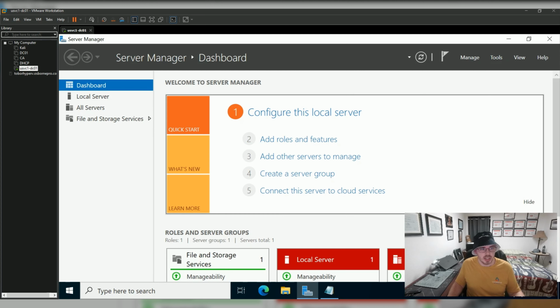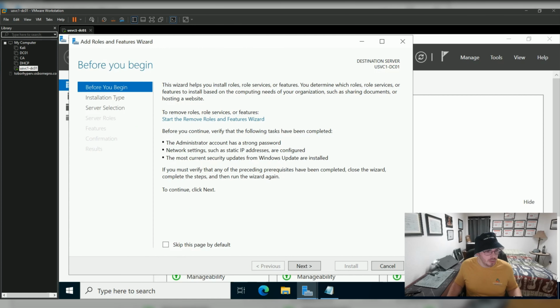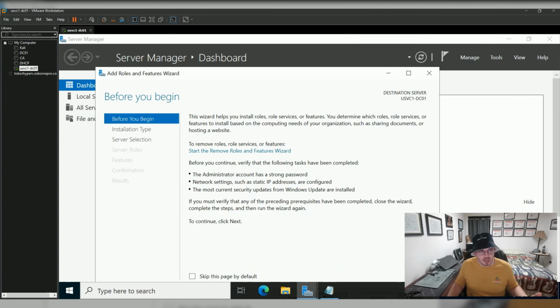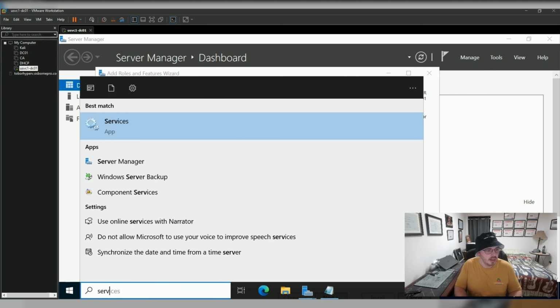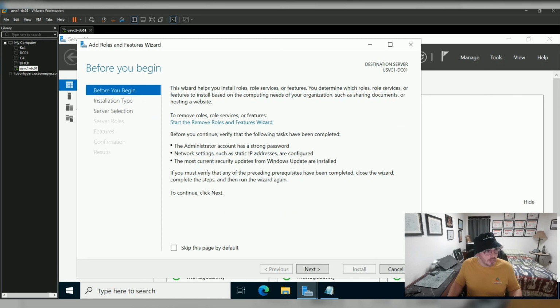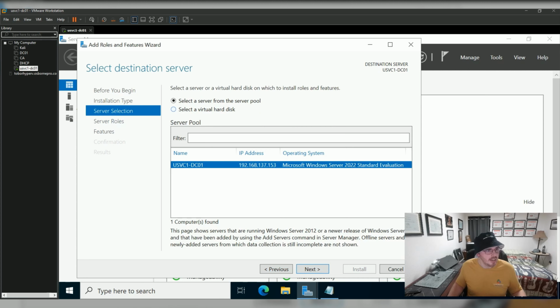Next thing we want to do is install the role and feature of our domain controller. I start from here. So I click Add Roles and Features inside Server Manager. If you're not familiar with Server Manager, it probably opens by default. That's the icon for it. And all right, so now we have our Add Roles and Features updated here. We click Next. Leave it on role-based or feature-based installation because we're not setting up an RDS instance. Select from a server pool. Basically, we have the one server here that we're installing this on, so we can just keep that selected